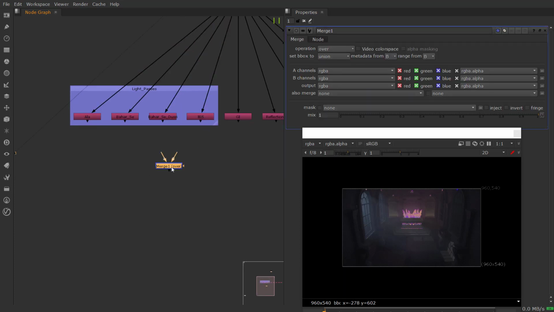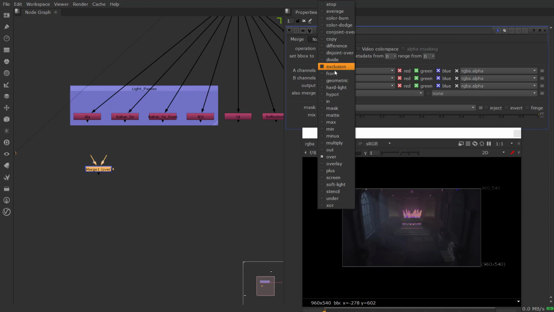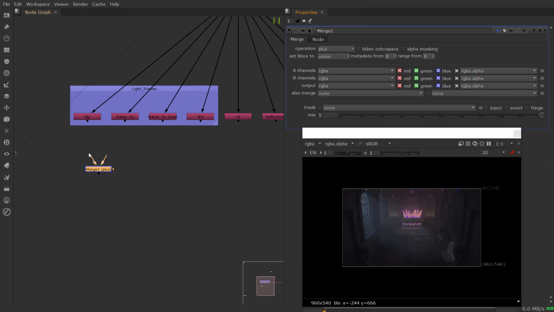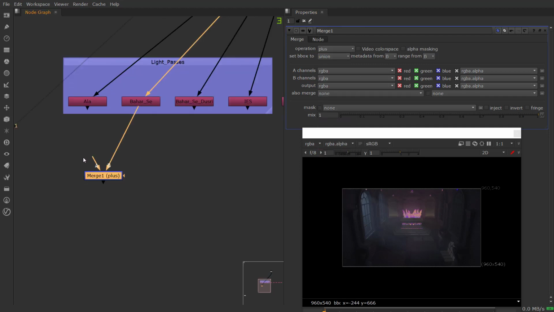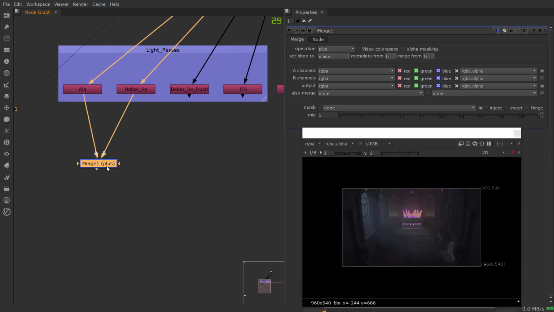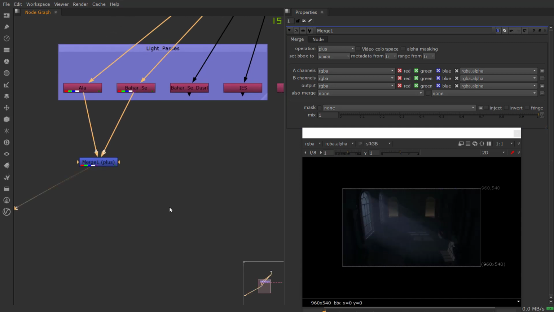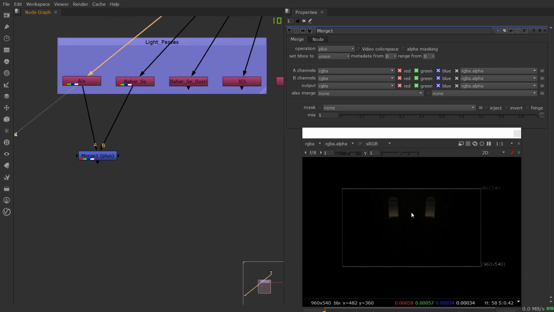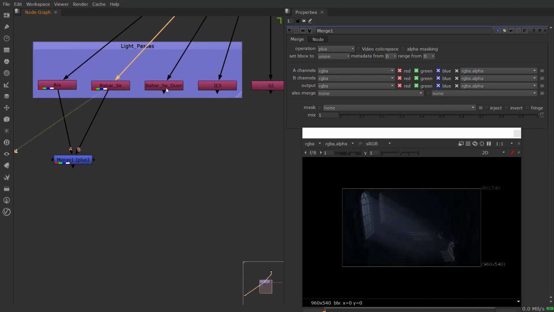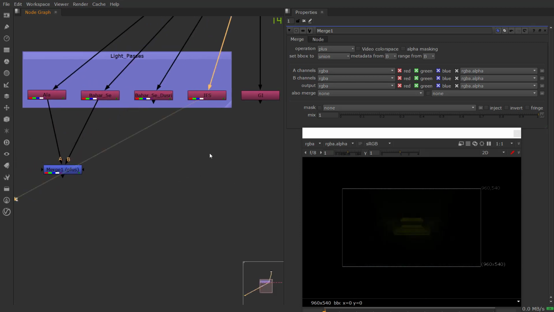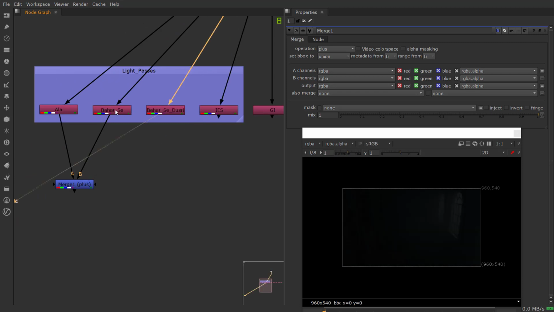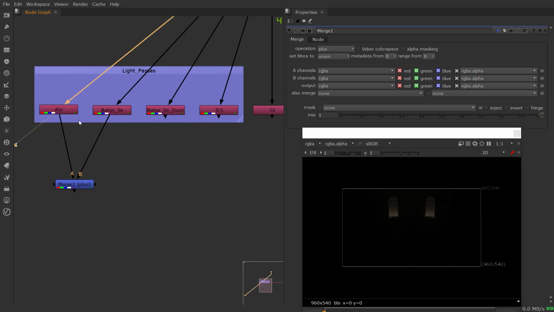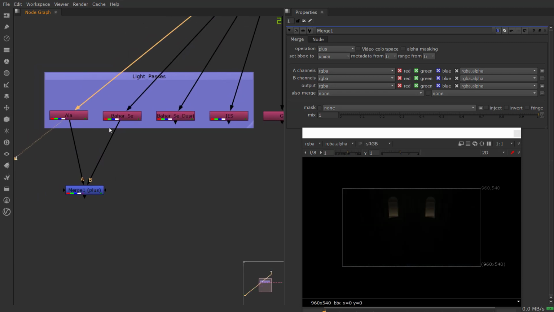And then hit M on your keyboard to get a merge node, which we haven't set to plus. And for the first point, you can just add them together. And if you view this, it is this. So when I did my render at that time,